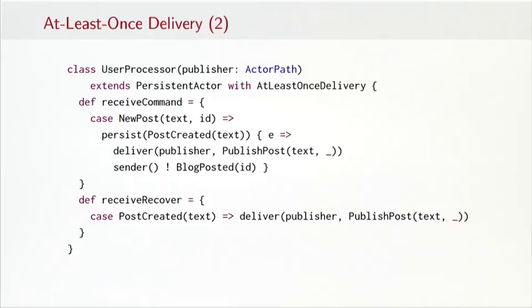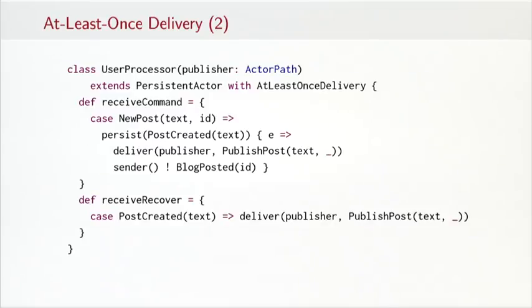The part of the actor identity that stays valid across such an event is its name. And that is exactly what is captured in the actor path. The other notable detail about the deliver method is that the second argument it takes is not simply an event or command. It is a function that produces one by inserting something here. What it inserts is a long integer number that serves as a correlation ID